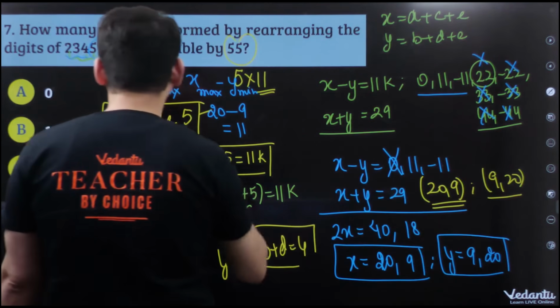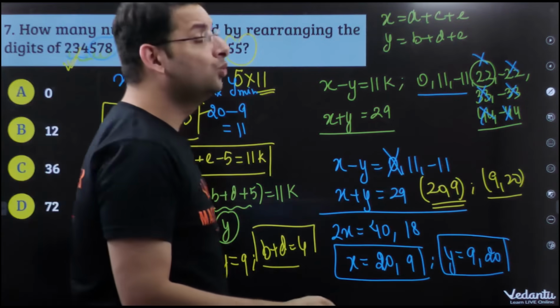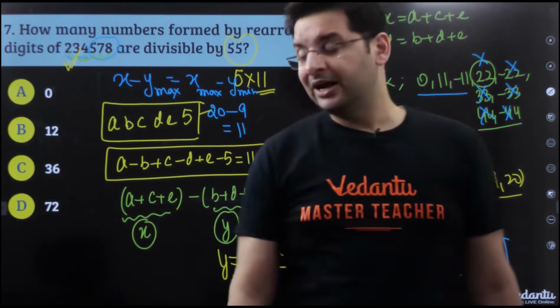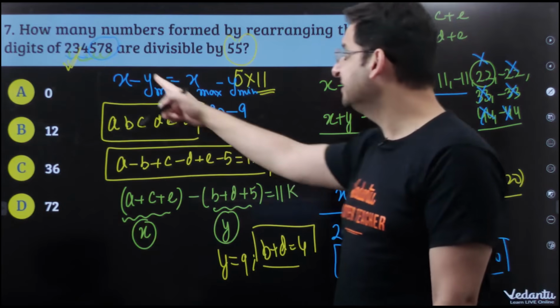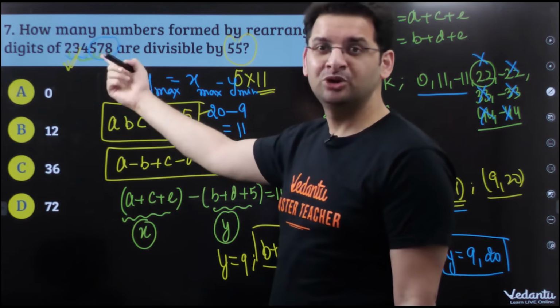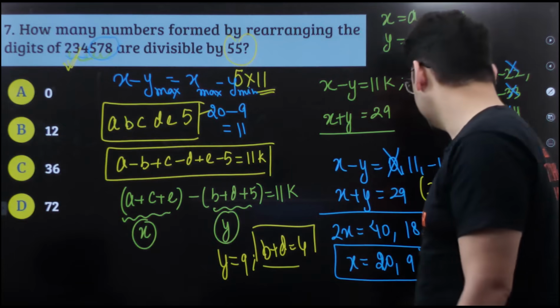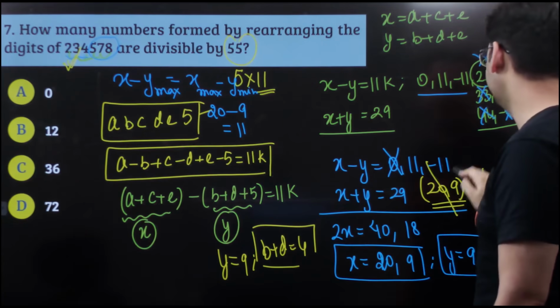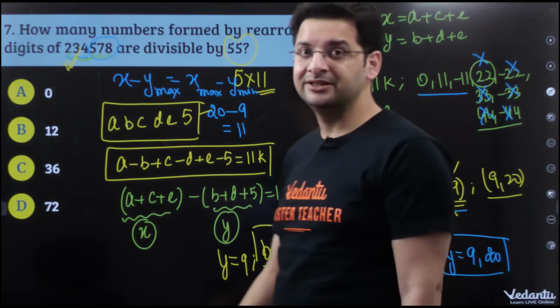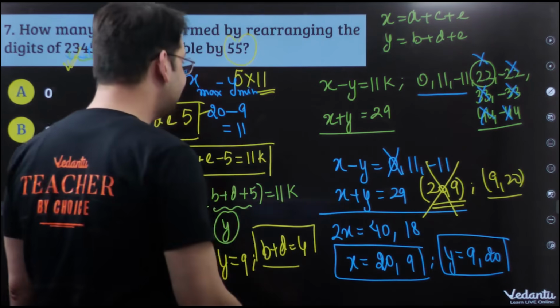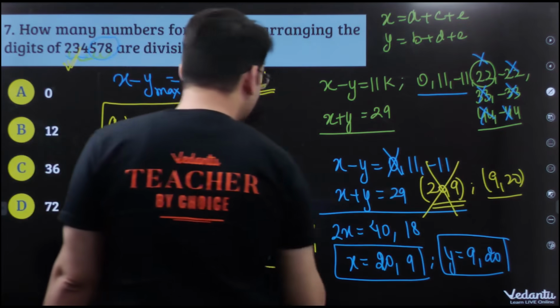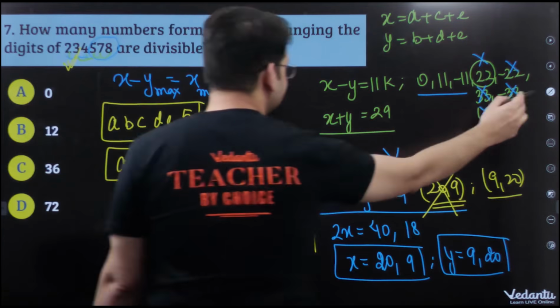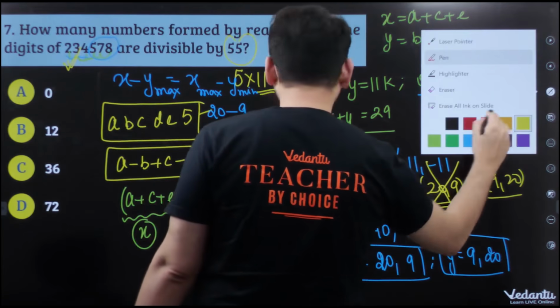Out of these numbers, can there be two numbers who add up to 4? अगर b plus d 4 है, b plus d 4 हो नहीं सकता. किन्हीं भी दो नंबर्स का सम 4 नहीं हो सकता, तो this goes. y cannot be 9. This possibility also goes. इसका मतलब the only possibility is y is 20, x is 9. The only possibility left is y is 20